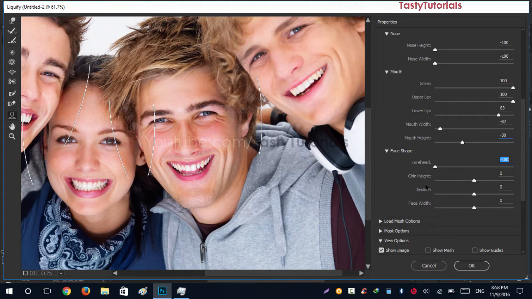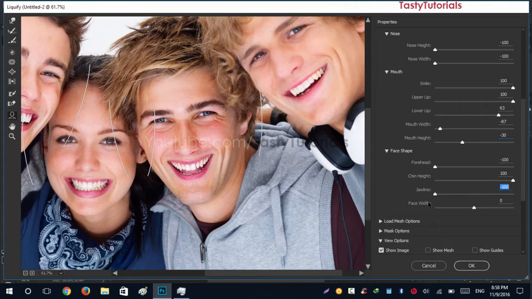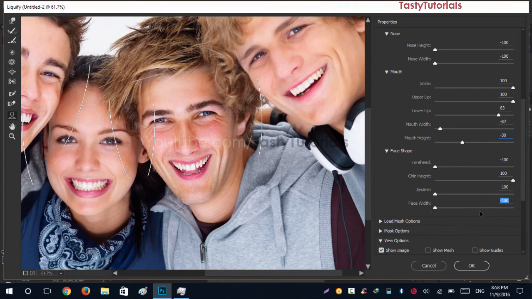And let's just make it smaller. And if your chin height, your chin is long or small, you can see that. Let's just make it smaller. And jawlines are wider or smaller. Look at this, we will make it smaller. Face width, the face is widthy or lengthy, so we will make it a little widthy, little lengthy, like